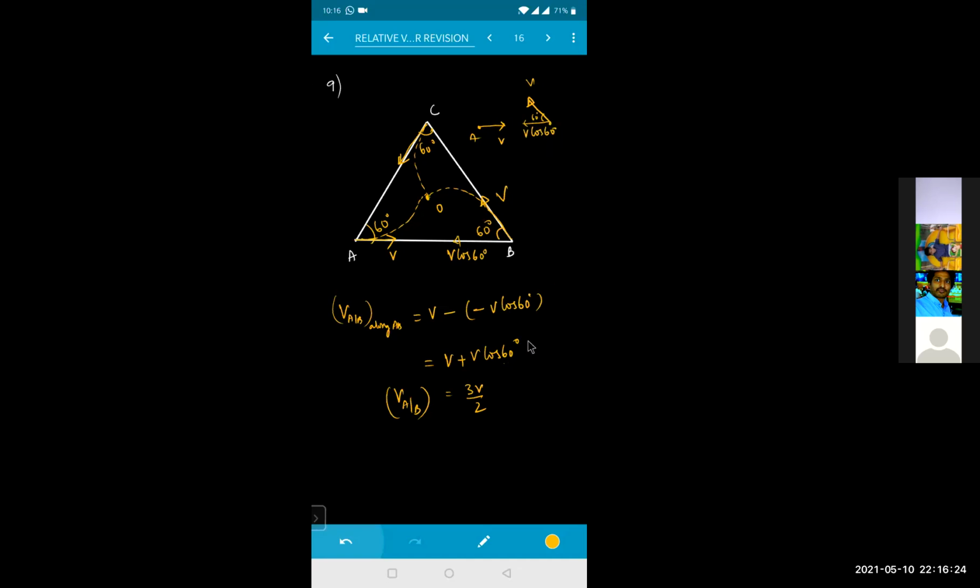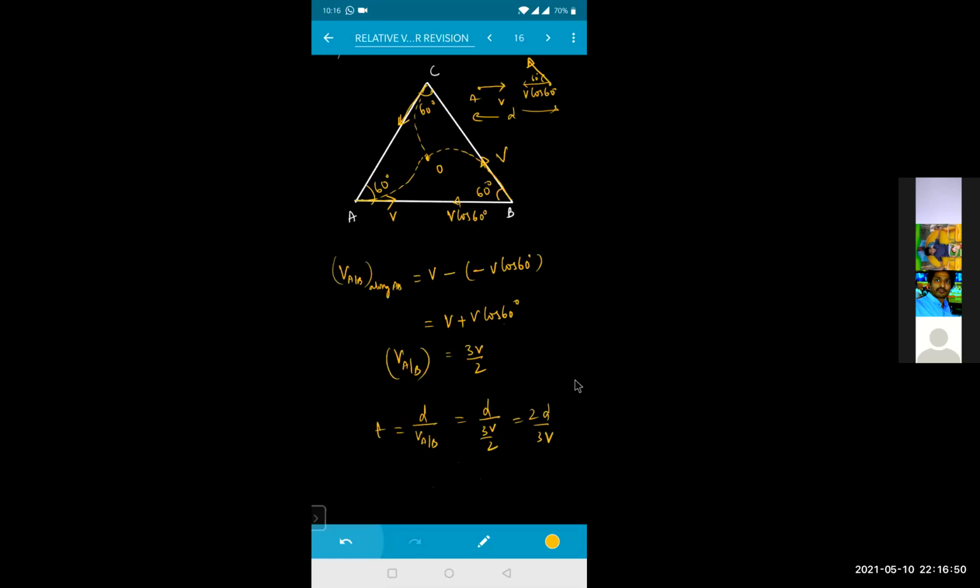Both of them are in opposite direction, and the distance between them is, say, for example, D. So velocity of your A with respect to B is how much for me? 3V by 2. The point where they are meeting, so time after which the separation between A and B will become 0 means what? So T will become distance divided by velocity of A with respect to B. So that will become T divided by 3V divided by 2. That means that will become 2D divided by 3V.